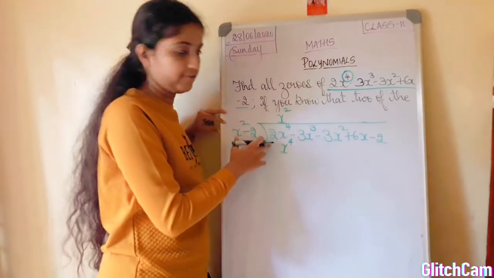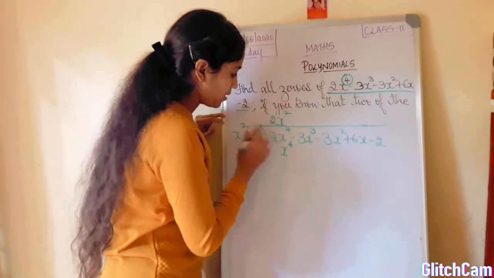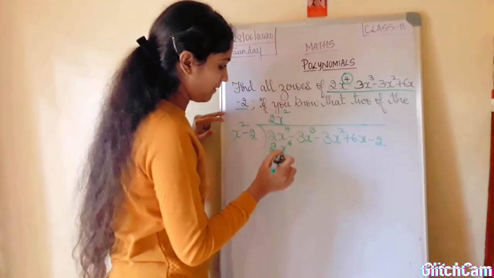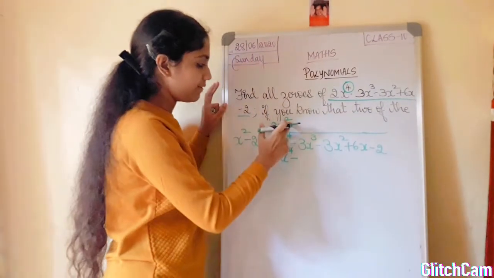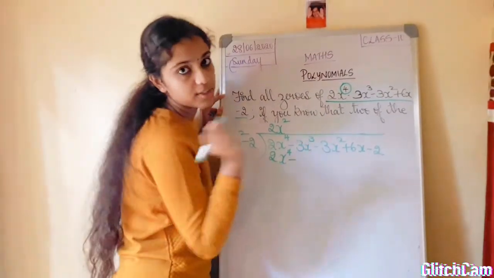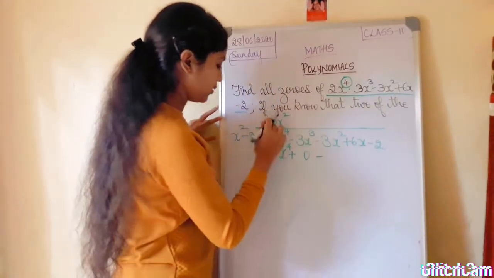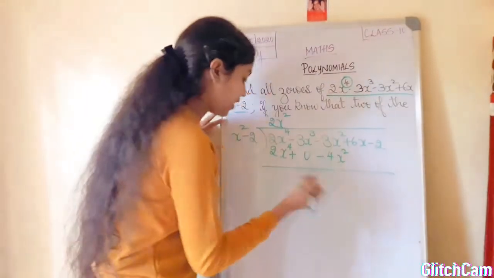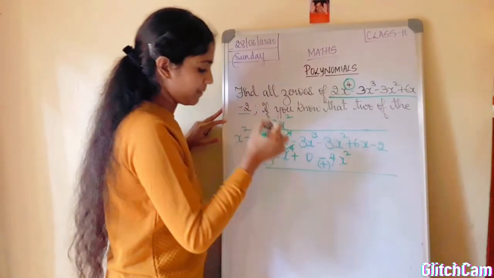You have to cancel the first term. So you have 1, you have 2. So 2 multiplied by 1 is 2. So 2. x square into 2x square is 2x power 4. Plus into minus, minus x square. Just observe, you have square over here. You will get 2 2's 4x square. But here you have cube, not square. So this is plus 0. Minus into plus minus 2 2's 4x square. Now change the sign. You get plus 2x power 4 minus 2x power 4.